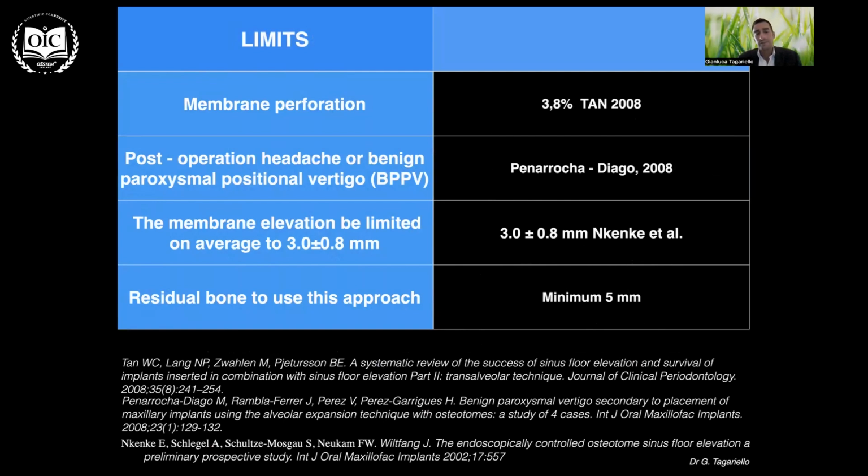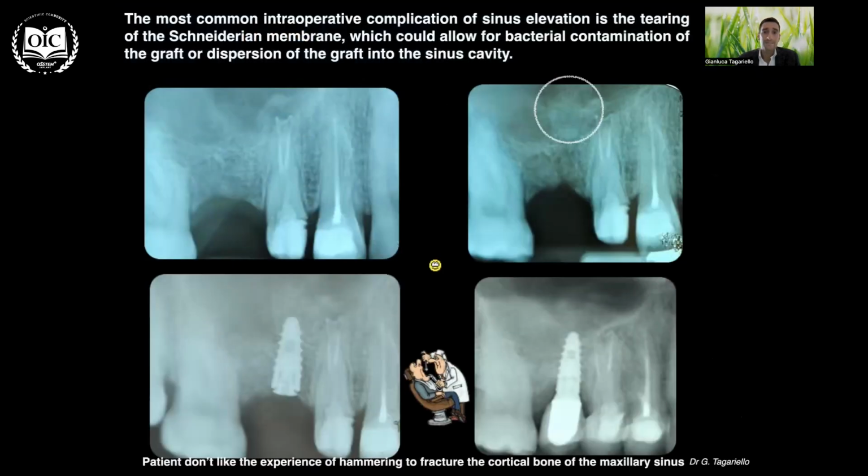The membrane can be elevated between 2 and 4 millimeters. And we need to have a minimum of 5 millimeters of residual bone to use this kind of approach. And this is the last time I used a hammer to elevate the membrane of the sinus. And you can see the bone inside the sinus. So I created a problem for this patient. I was lucky because there wasn't any terrible consequence for the patient, but it's not the correct treatment